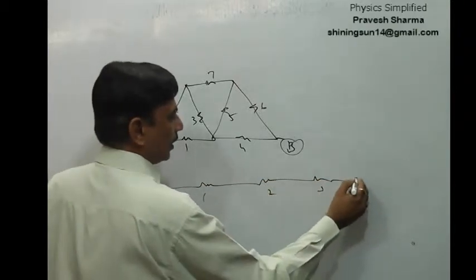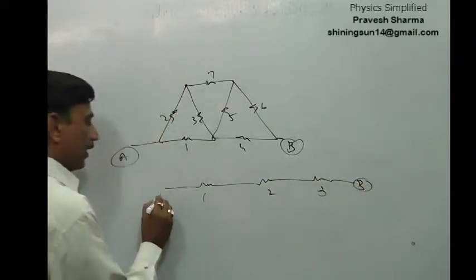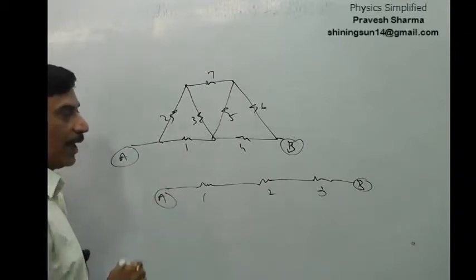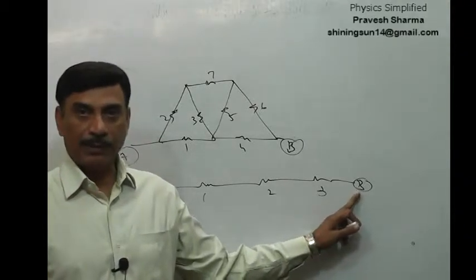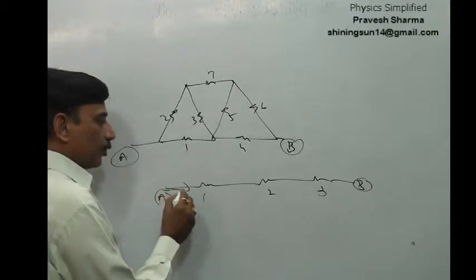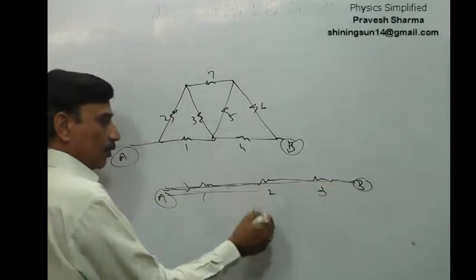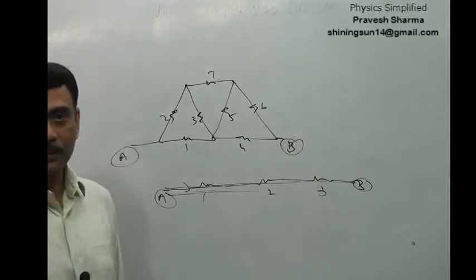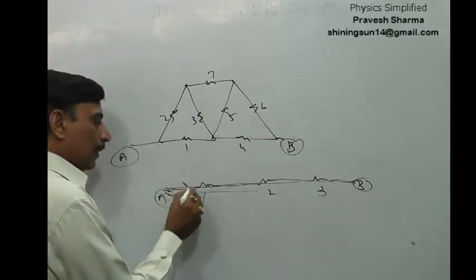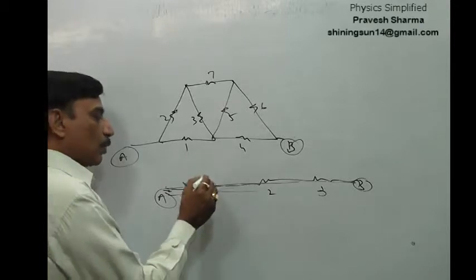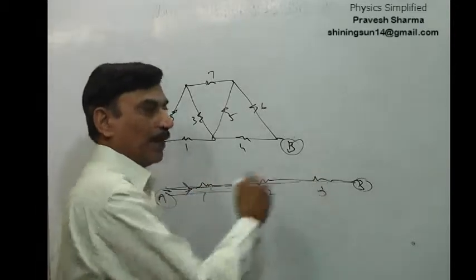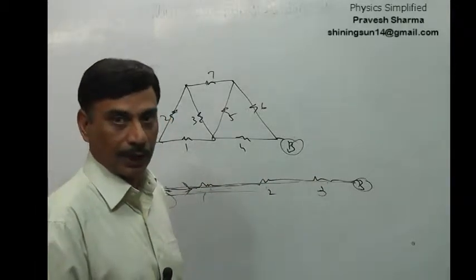1, 2, 3. This is point B. This is point A. You start off at point A, and you finally reach point B. When you go through this, the current shouldn't have any other option to slip away. That is, if you set into this path, it is definite that you will come across 1, 2, and 3. There should not be any other options available to you or to the current.